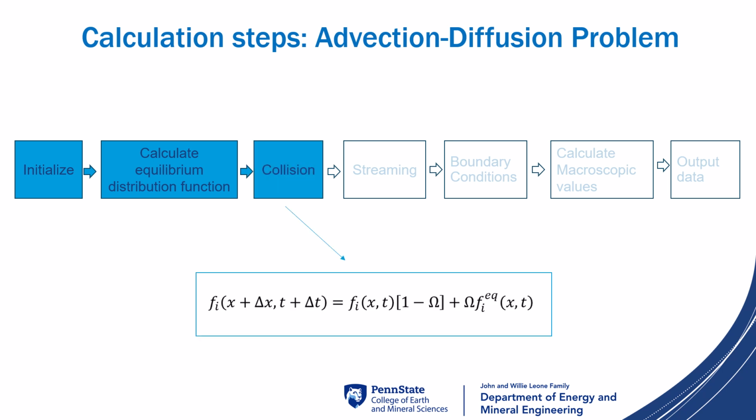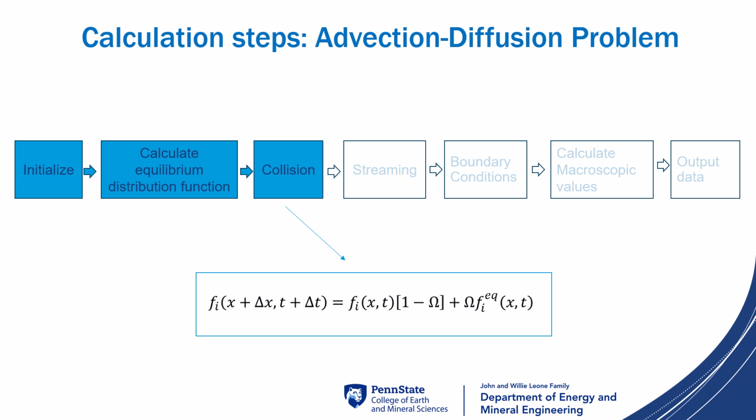The BGK collision step updates each distribution function using a relaxation formula. The new value, f star i, is equal to 1 minus omega times the current value of f_i plus omega times the equilibrium value,